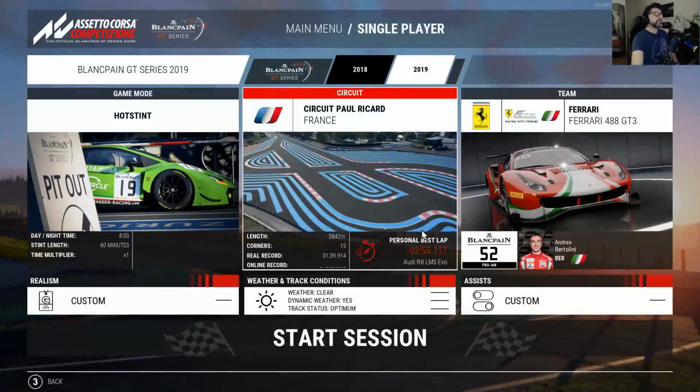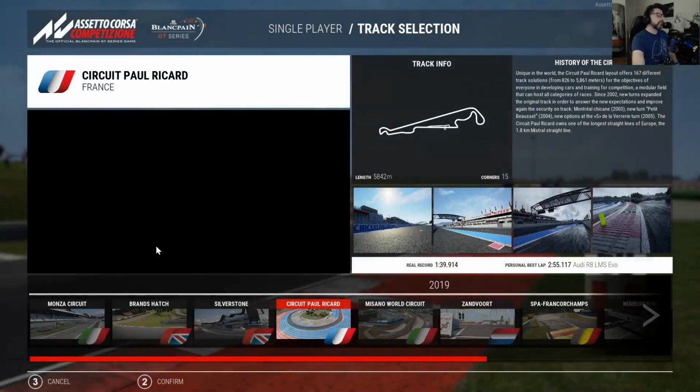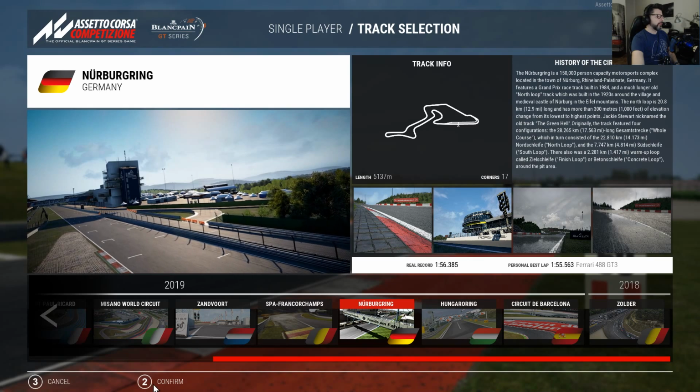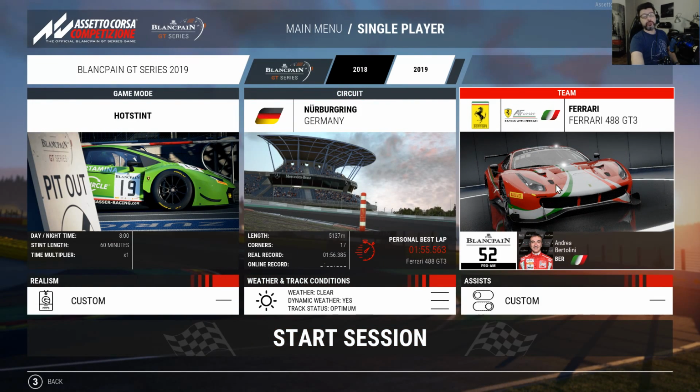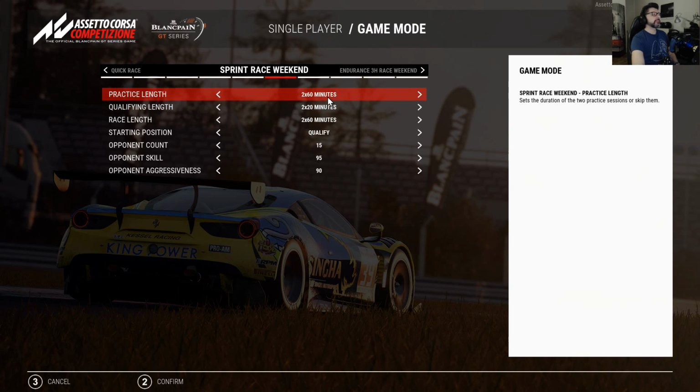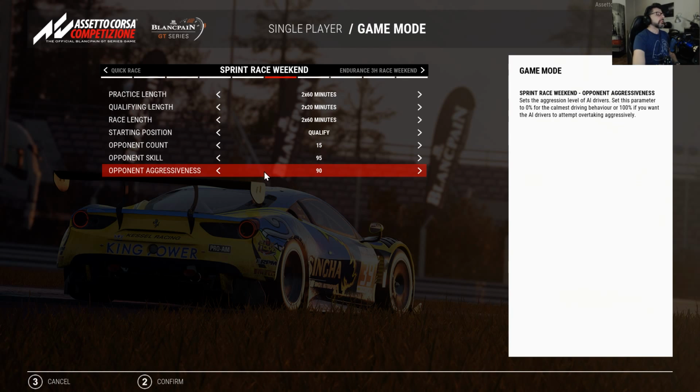We're going to do today. Today we are going to go to the Nürburgring with the Ferrari 488. We're going to do a sprint race weekend and we're going to do the first two practice lengths. All right,